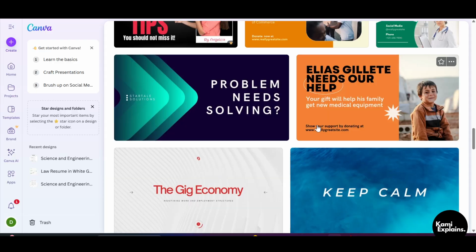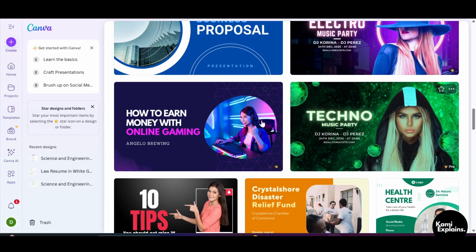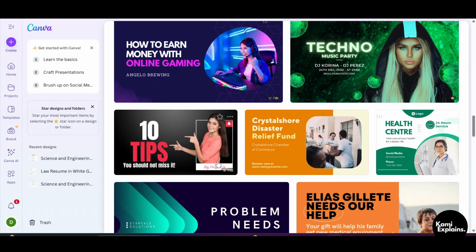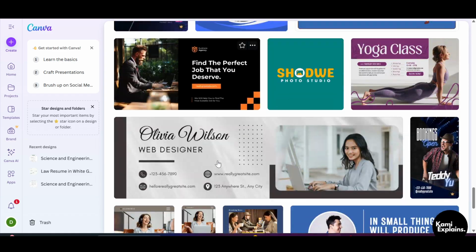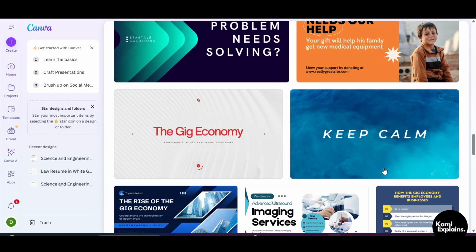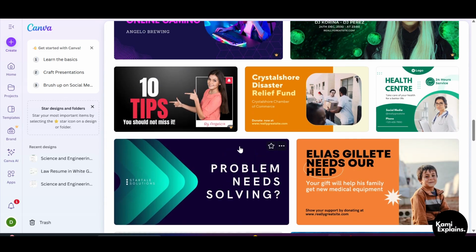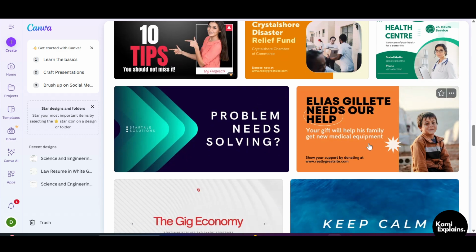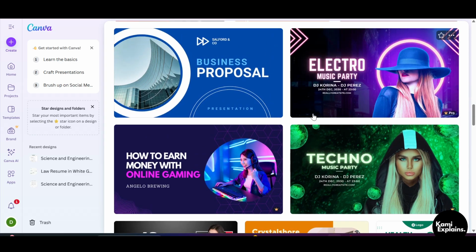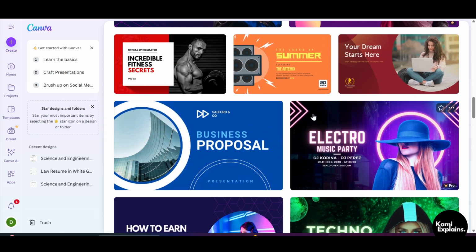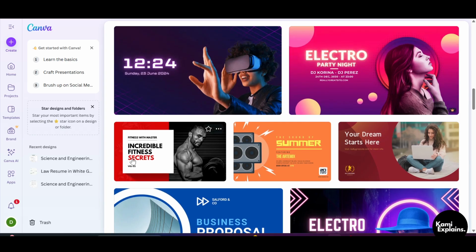You can choose any one from them, but do look out for these pro images which charge a bit of a premium about the image. But you can go with the free ones. There's no charge for the free images, but for the pro images you definitely have to pay the premium. So you can just simply select an image and edit,